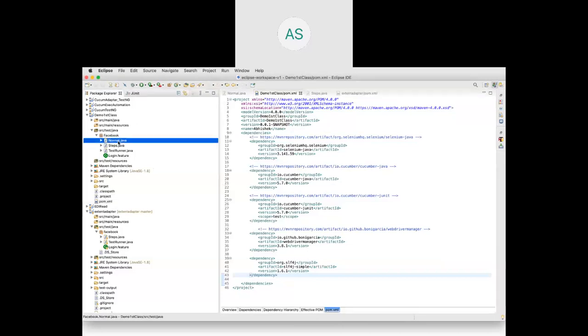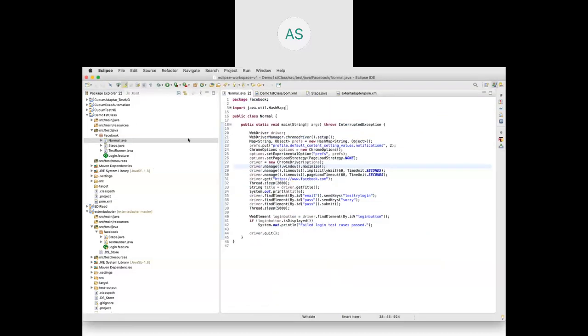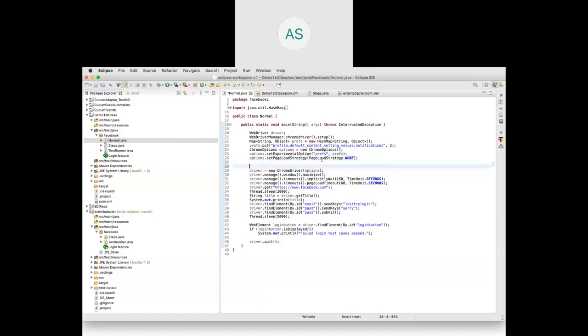So this is the project I created. This is the Java file. Here we are creating a driver object. We are creating a WebDriver Manager, setting up the Chrome driver, and we are also setting up some options and passing them when we create.